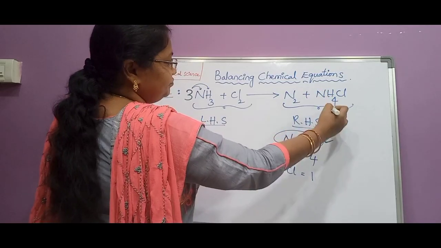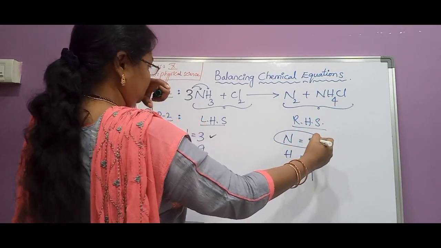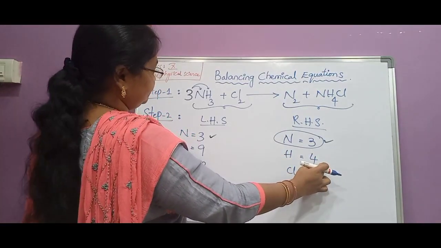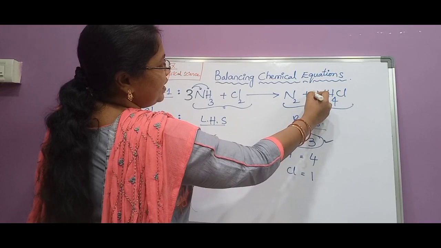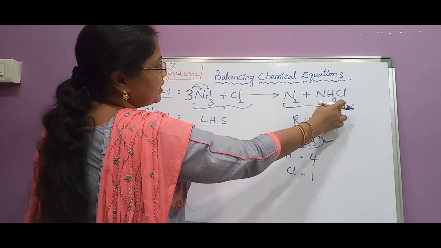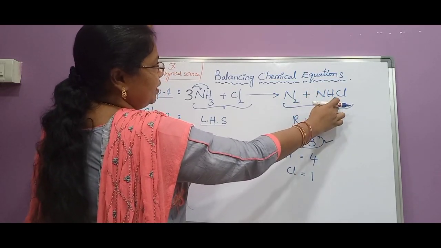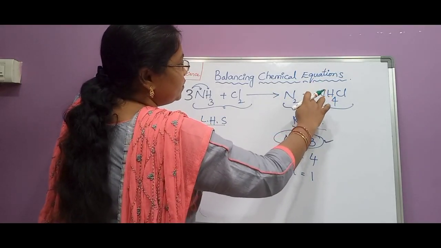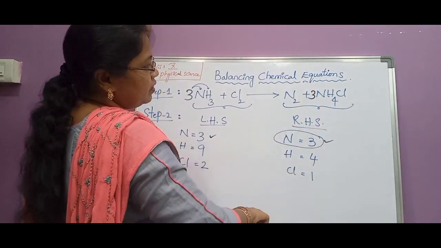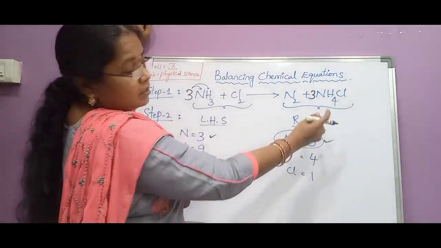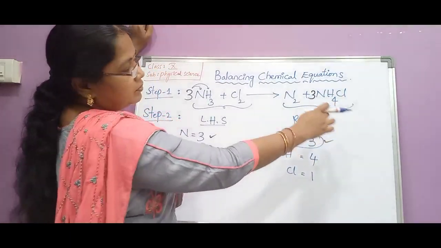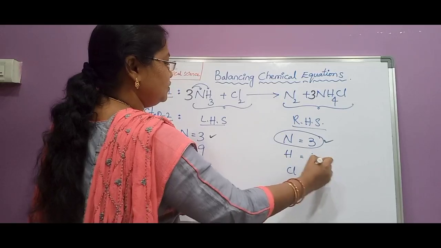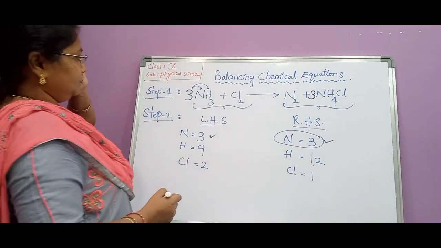Suppose we write a coefficient in order to increase the hydrogen atoms. How can we increase? Here 9 and here 4 hydrogens are there. If you write 2 here, 2 4s are 8. If you write 3 here, 3 4s are 12. Okay, we'll try with 3 here. I'll write the coefficients with a black pen. If you write 3 here, what is going to happen to the number of hydrogen atoms, children? 3 4s are 12. Hydrogen already has subscript 4, and we have written coefficient 3. 3 4s are 12. We have to multiply. So hydrogen atoms become 12.